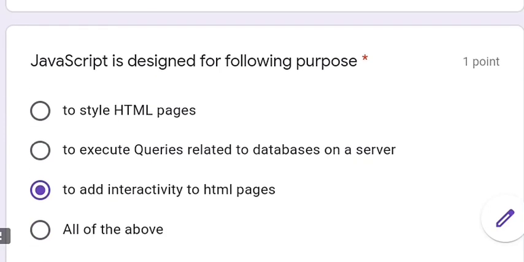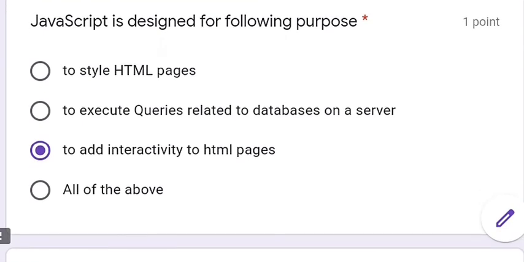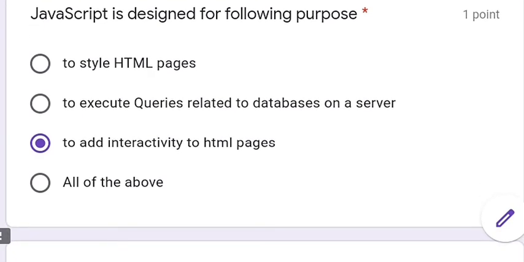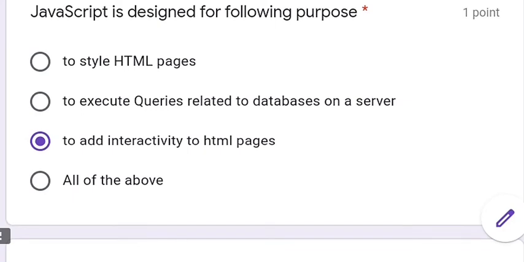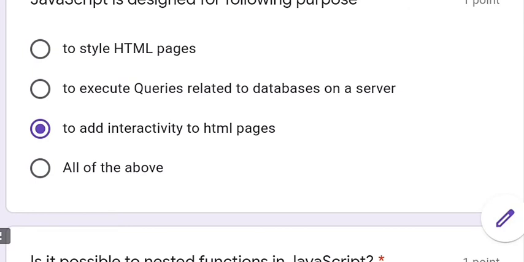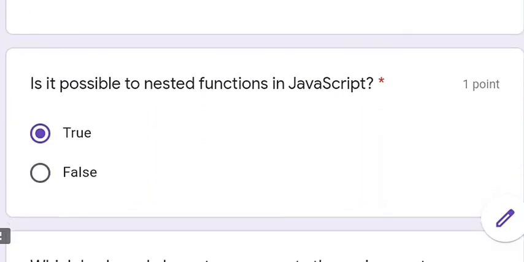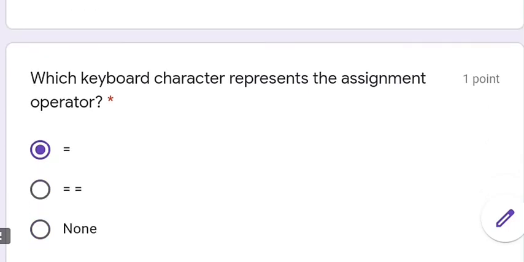JavaScript is designed for the following purpose. The answer is to add interactivity to HTML pages. Next, is it possible to nest functions? Yes, true, right answer. The assignment operator is equal to; double equal to is a comparison operator.